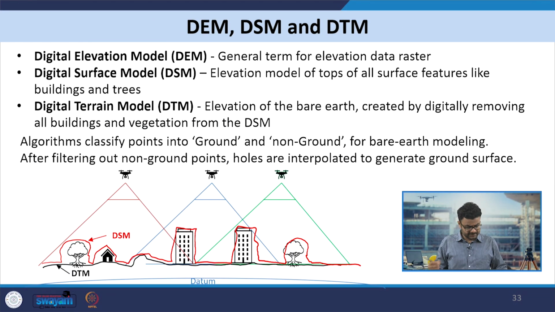So these are some terms which I am sure you must be aware. This is the digital elevation model, a general term for elevation data raster. There is digital surface model, which is the elevation model of the top of all surface features like buildings and trees. There is digital terrain model, which is the elevation of bare earth created by digitally removing all buildings and vegetation